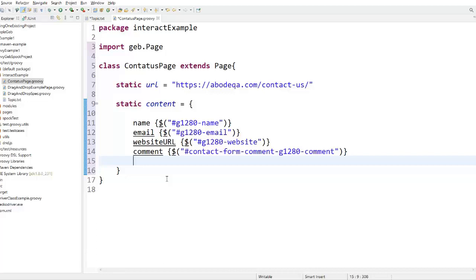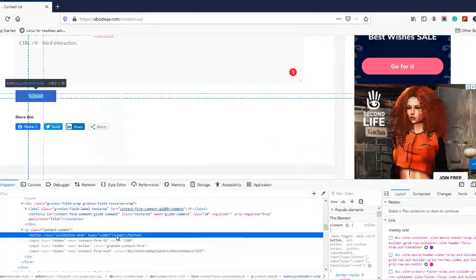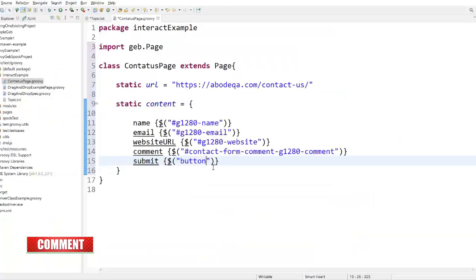We write it like this: curly brace, dollar, then bracket, and within double quotes we write button. Button is the tag name, and this is the text, submit. Let me copy it. After button we write, so button will be in double quotes, then this submit will also be in double quotes. Okay, now we are good with this.